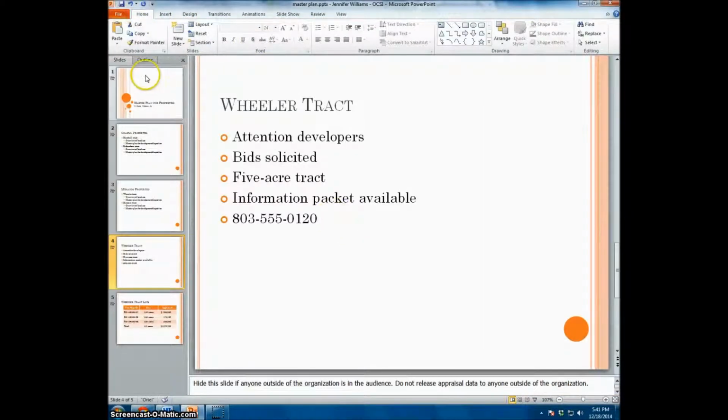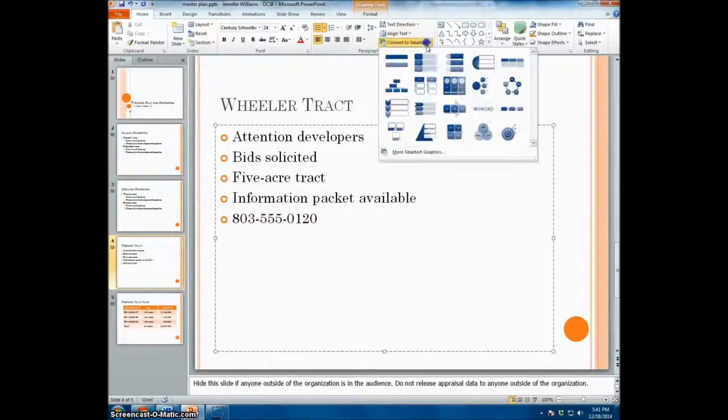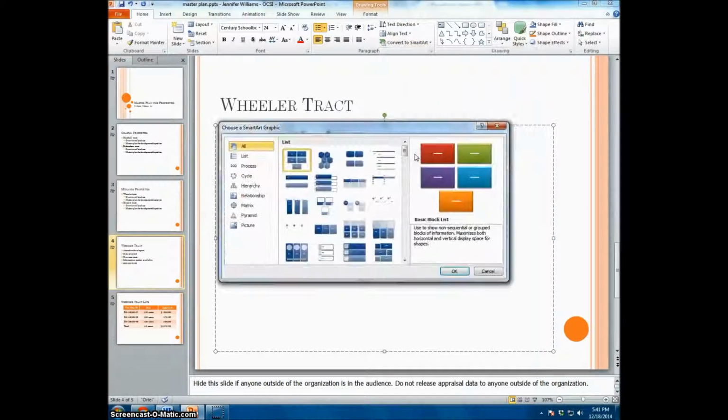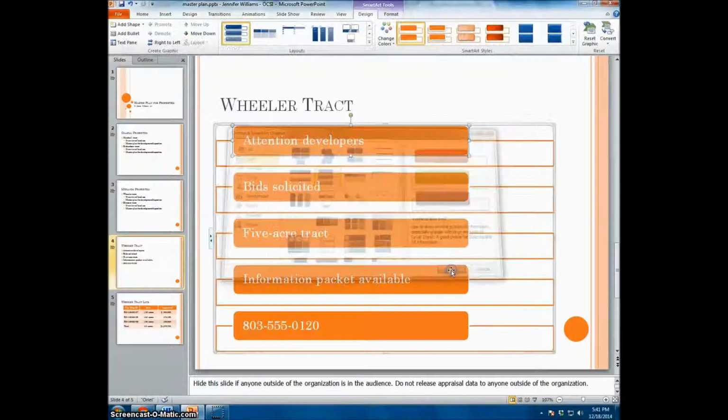Go home, and we'll click on slide 4 inside the box, convert to smart art, and more smart art graphics. And this is actually a list, hence the name vertical box list smart art. And I believe it is this one here, vertical box list. So we click on that, hit OK,